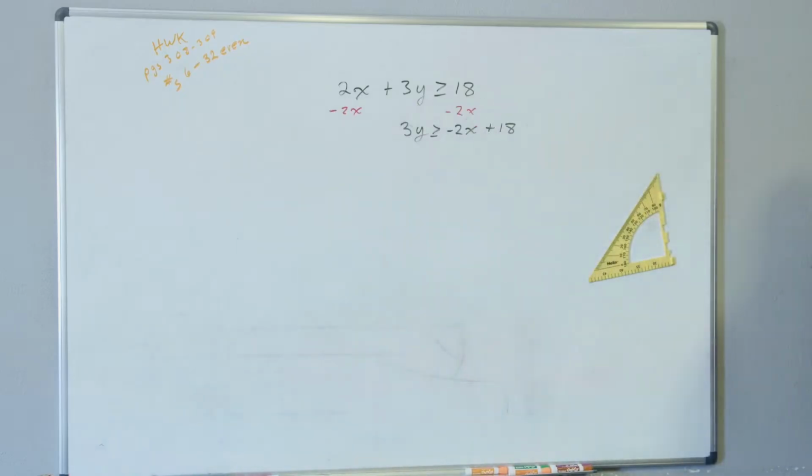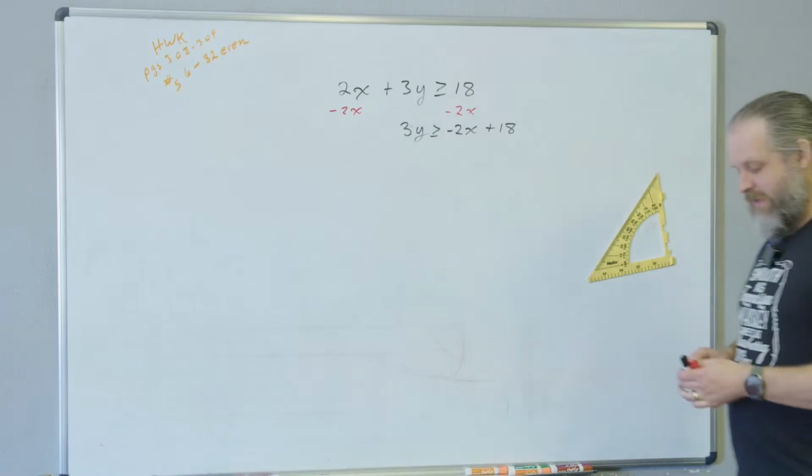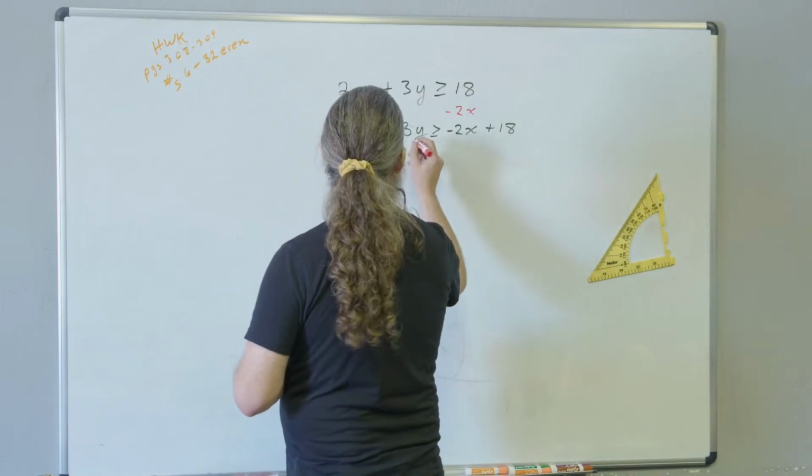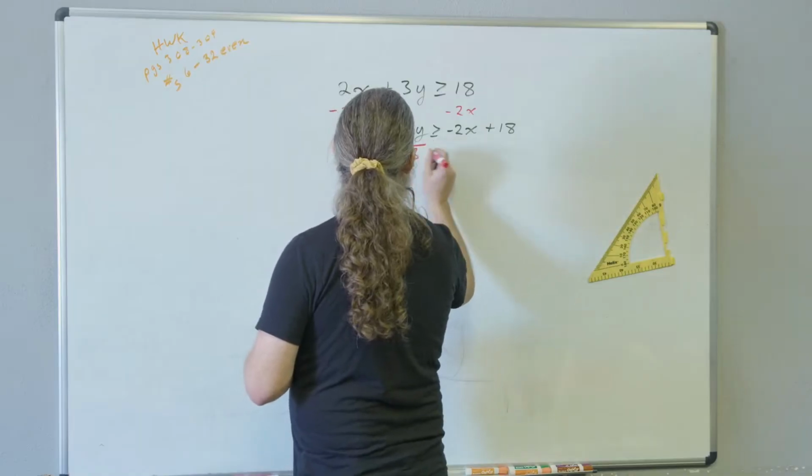Would you divide 3 off of y? You would certainly divide 3 off of y. And then you do it with 18. Because